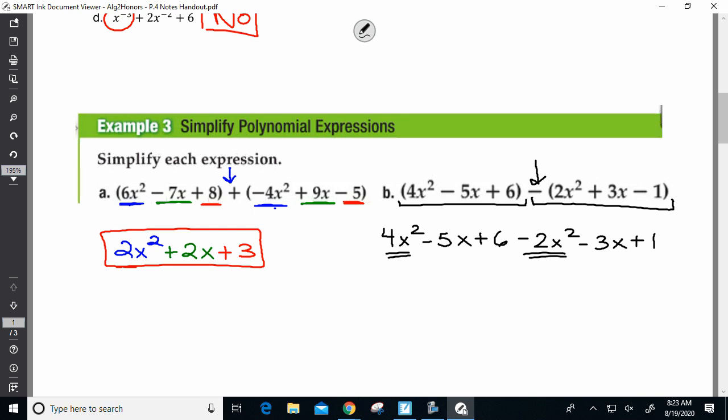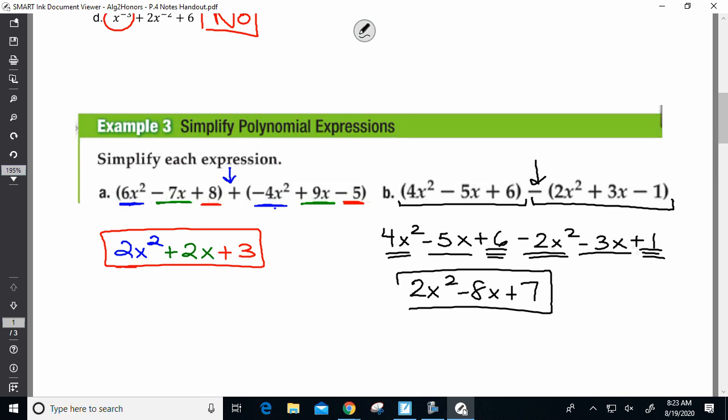4x squared minus 2x squared, 2x squared. Negative 5x minus 3x, negative 8x. 6 plus 1, 7. So rule of thumb there. Keep, distribute that negative,